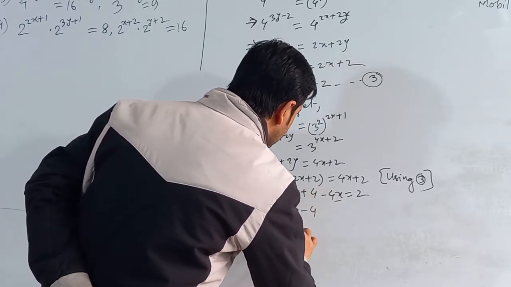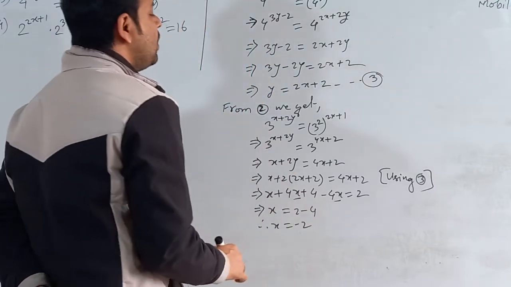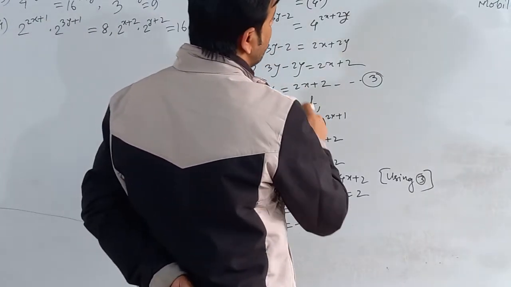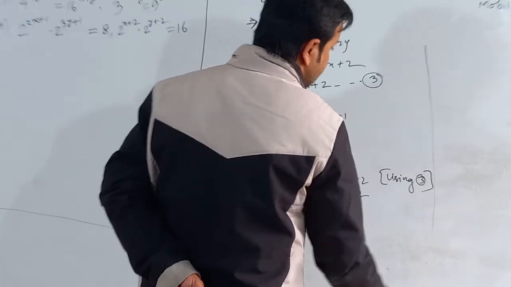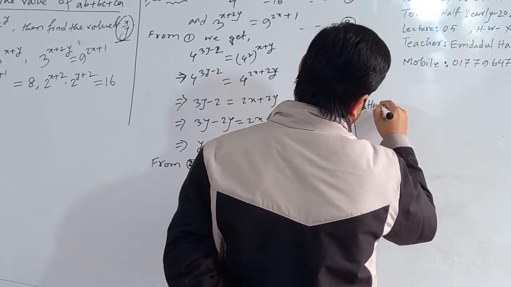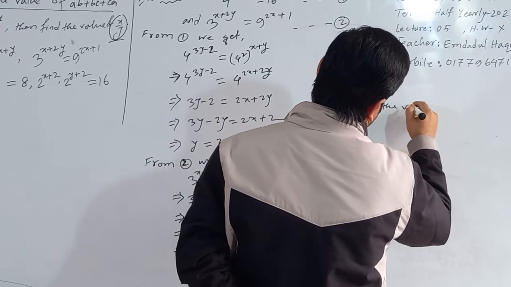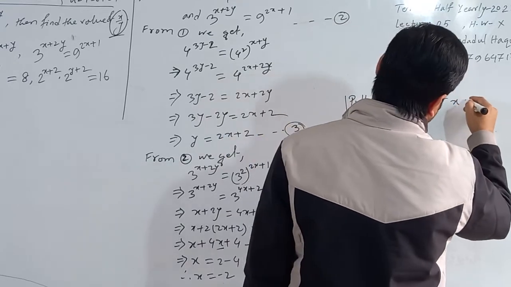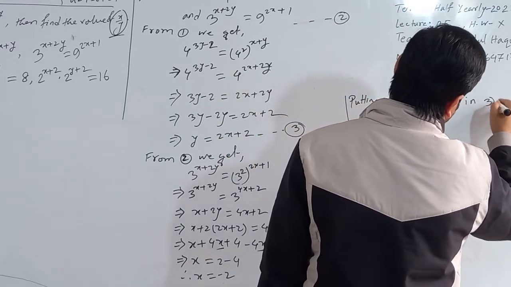Therefore x equals minus 2. Now if we put the value of x in equation 3, we will get the value of y. So, putting the value of x in 3, we get,